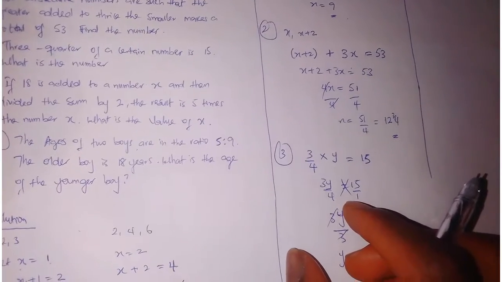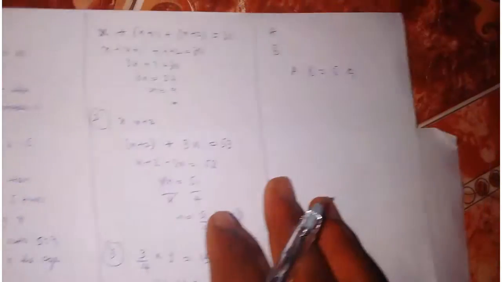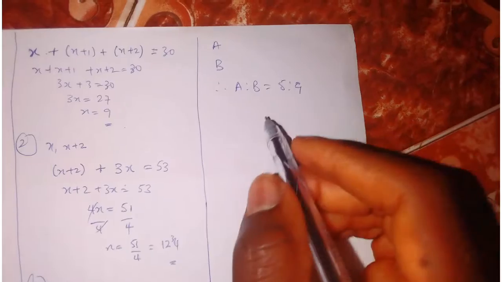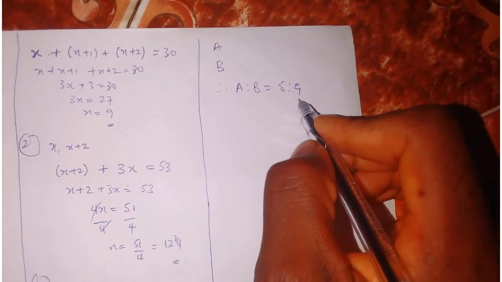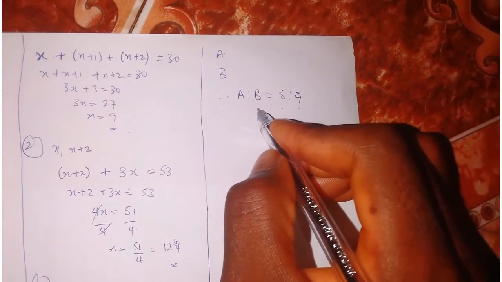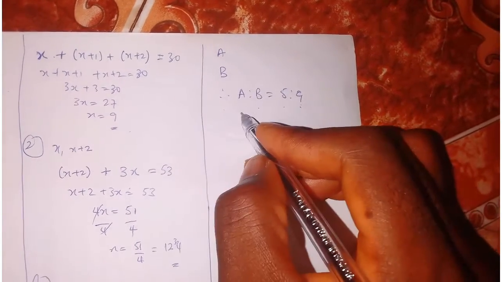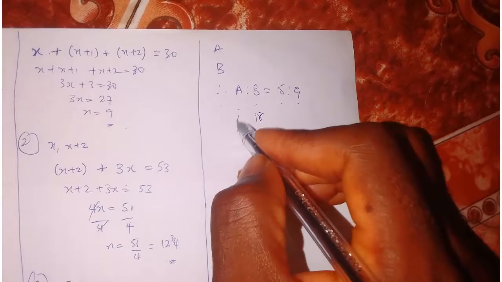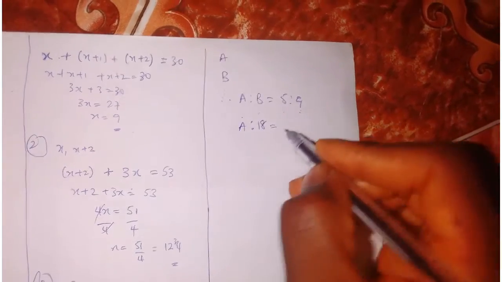The older boy is 18. What is the age of the younger boy? The older boy. How do I know the older boy? This is the older boy because this is more than this automatically. So it means this is talking about B. So B is older than A. In that case, B is 18. I'm to find A. So A ratio 18 equals